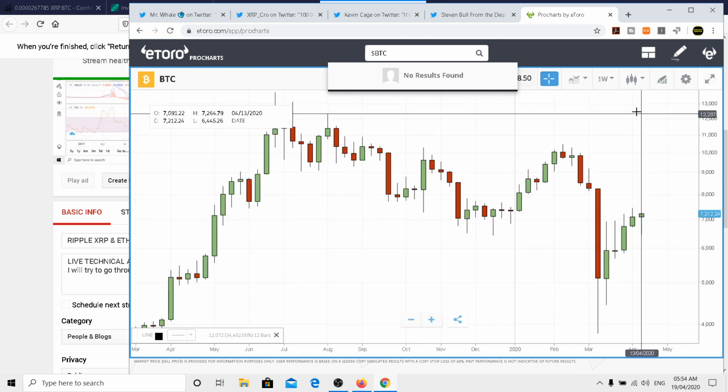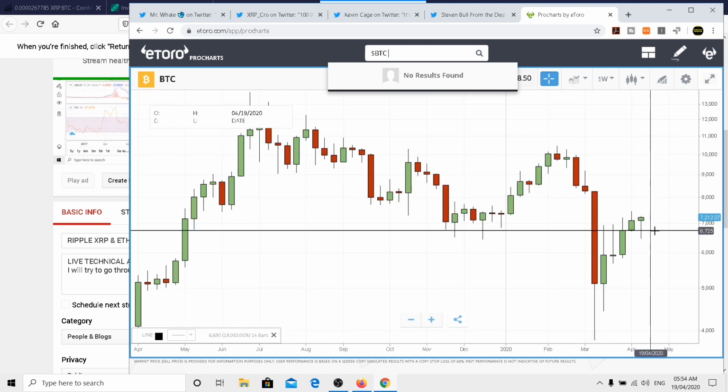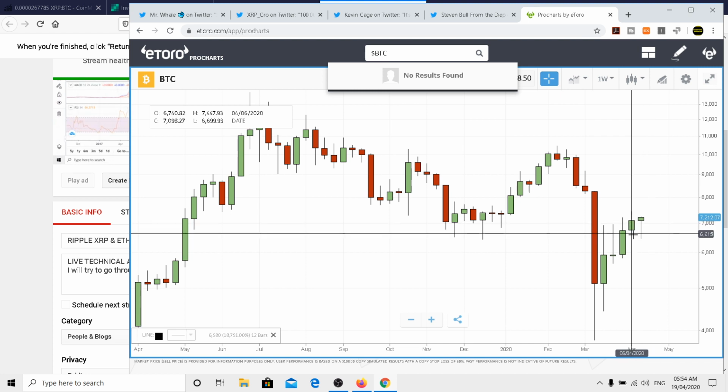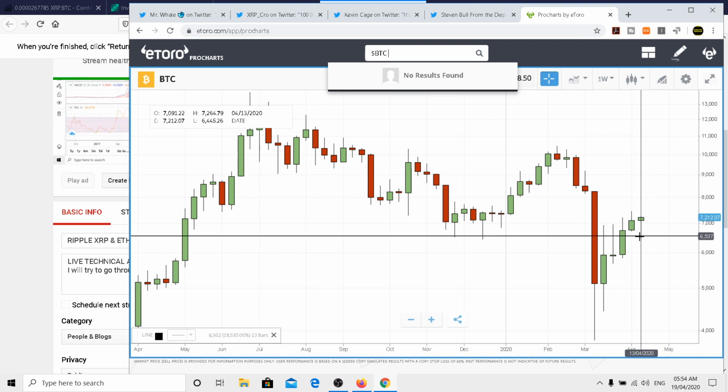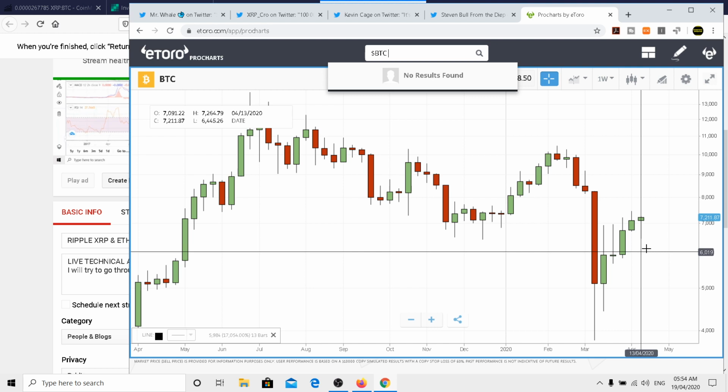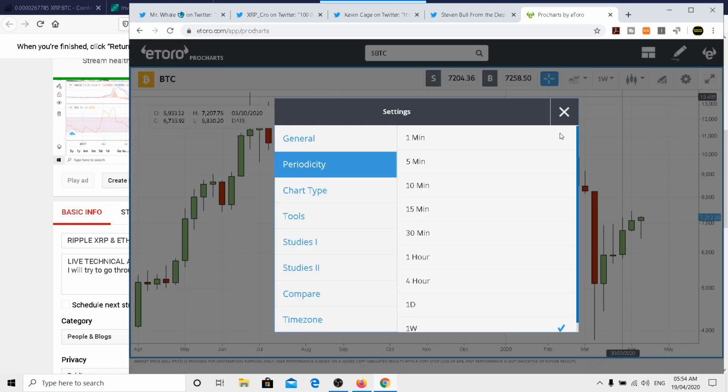Now this is a weekly chart. The weekly chart is showing this. Now this one is there for XRP. I'll try to explain that. Now that can be positive and that can be negative as well. Now the issue with